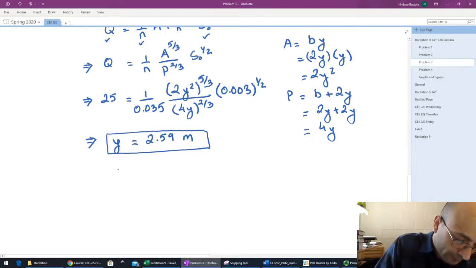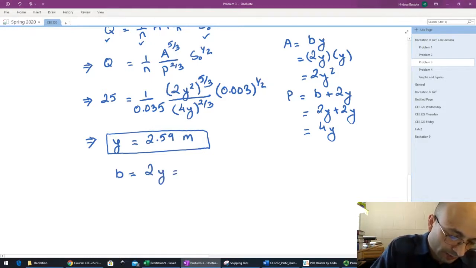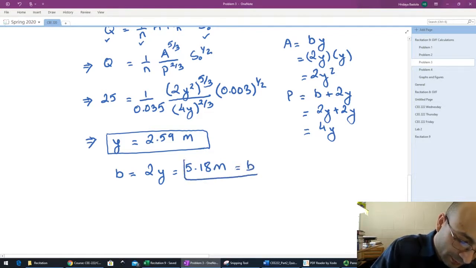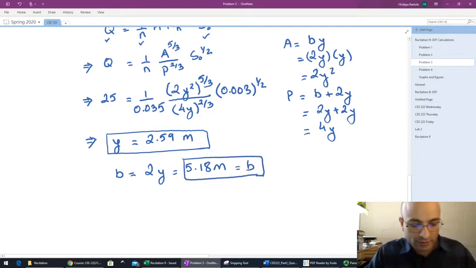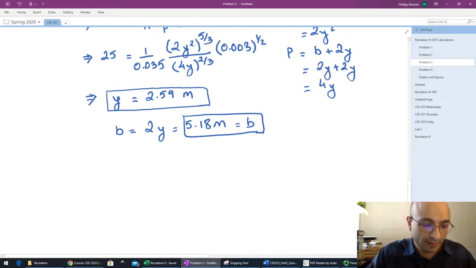The channel width then can be calculated. So b equals 2y. Plugging in the value of y, we get b of 5.18 meters. So that equals B. So we have a design for the base hydraulic rectangular channel, but we want to make sure the flow isn't